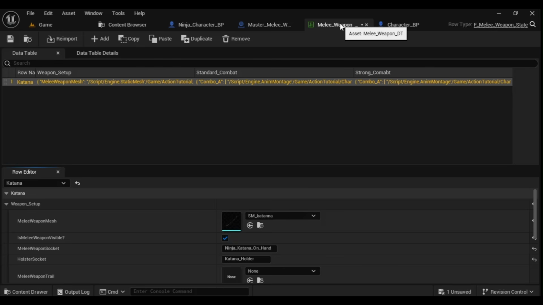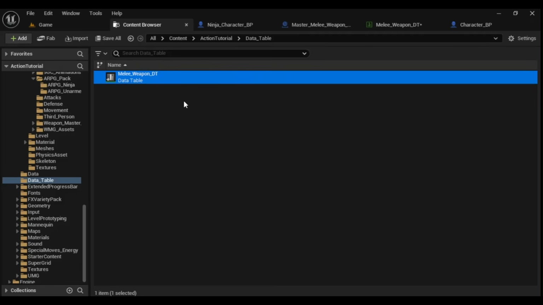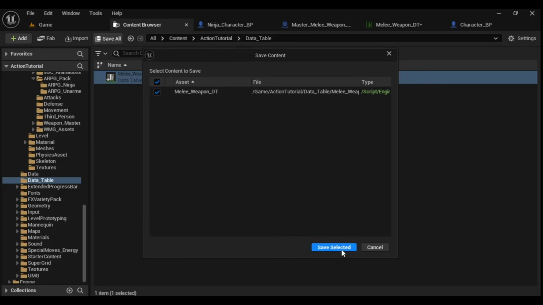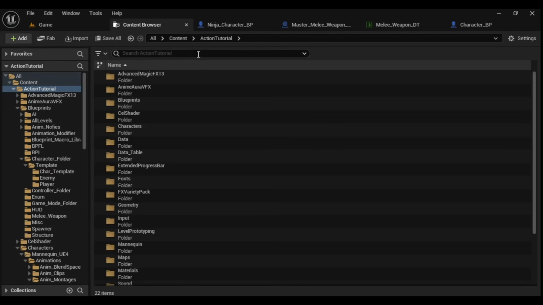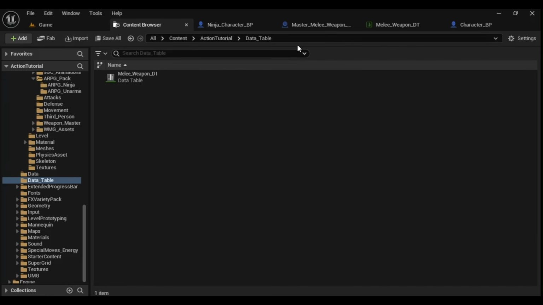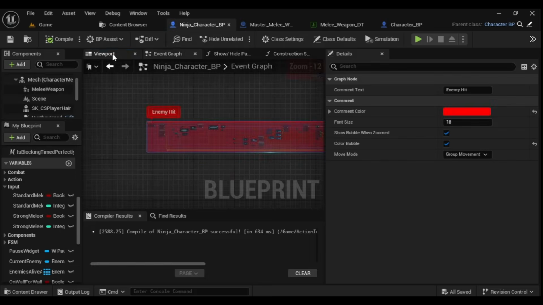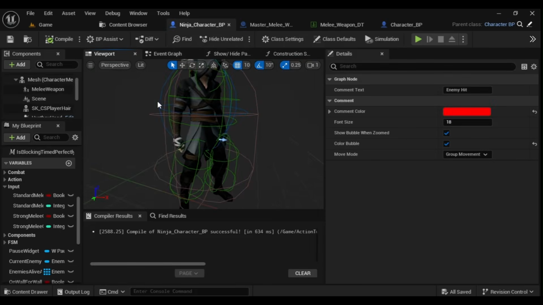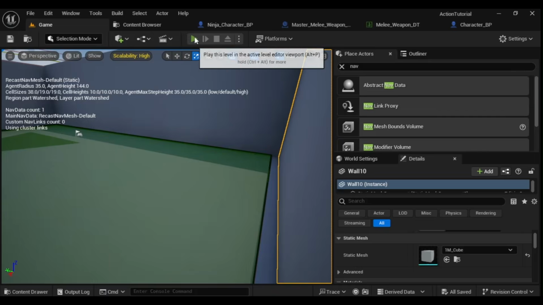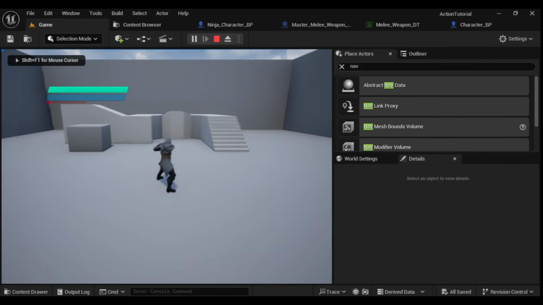This is the melee weapon data table, by the way, which is in the data table folder on the project folder in which I currently have. So now that the player is equipped with the melee weapon again,